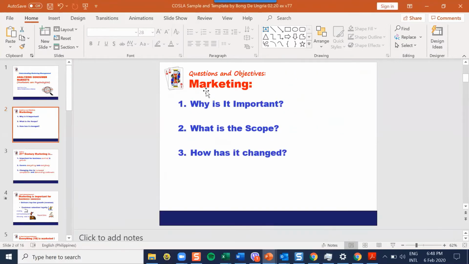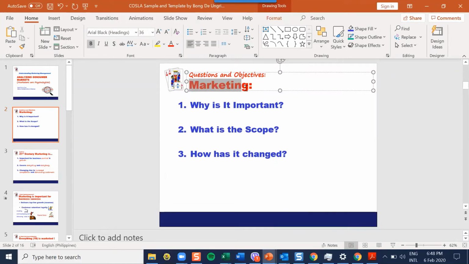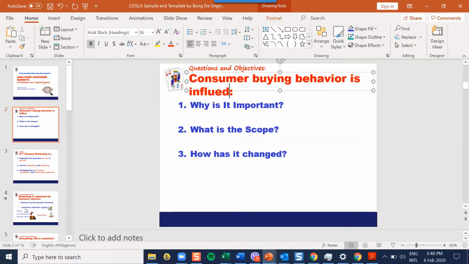Sample and template. I can change, instead of marketing, I can say consumer buying behavior is influenced by, okay,